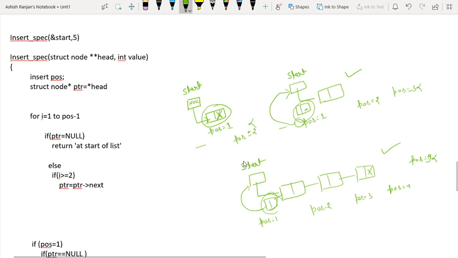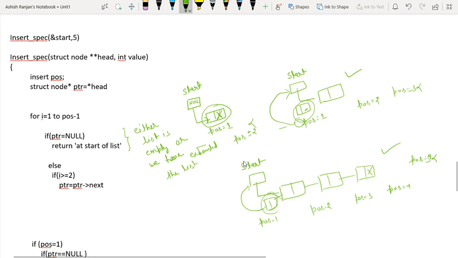So two things I have to check. First is whether the list is empty, or we have exhausted the list.